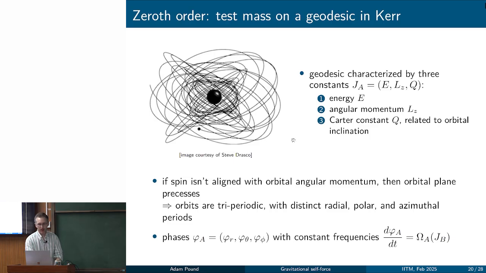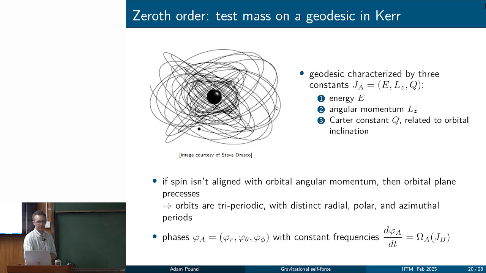So this happens when the orbital angular momentum is not aligned with the spin axis. If the orbital angular momentum is aligned with the spin axis, then the motion is confined to a plane. But as soon as you have any little misalignment between the spin angular momentum of the big black hole and the orbital angular momentum, then this whole plane will precess up and down like this. So because of that, generically, these geodesics are tri-periodic, meaning they have three distinct independent frequencies or periods: